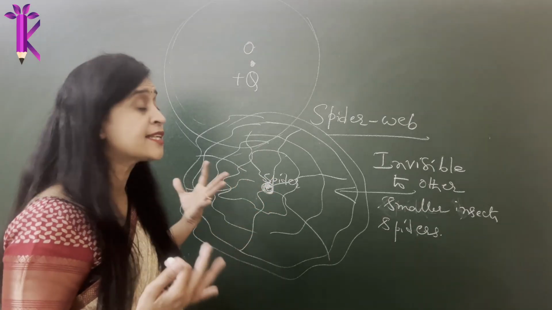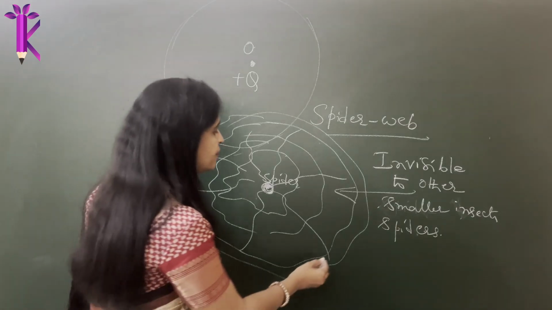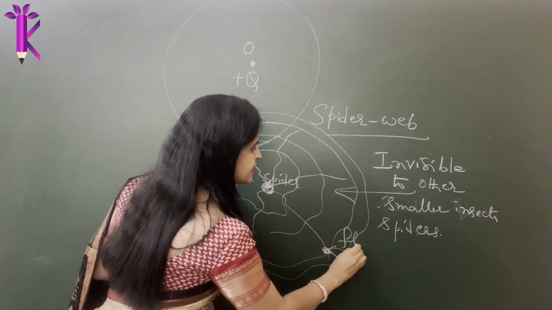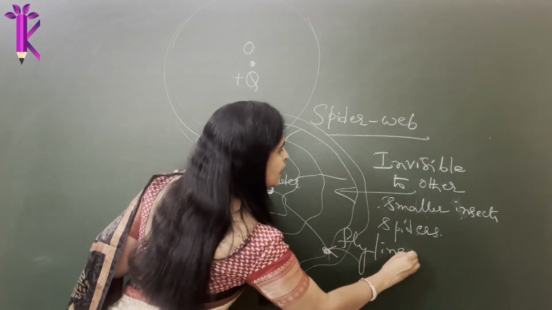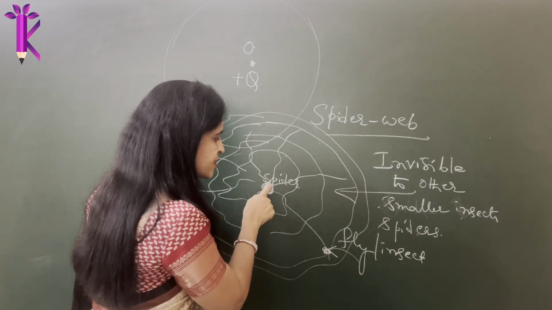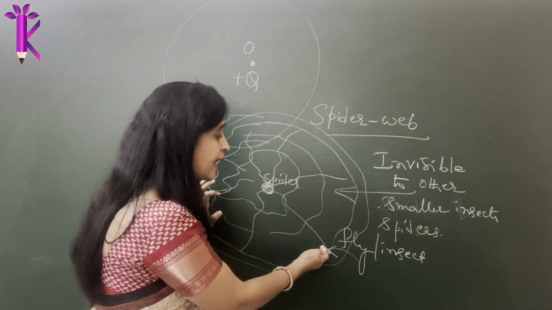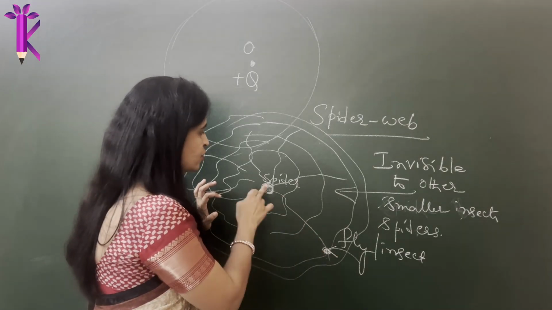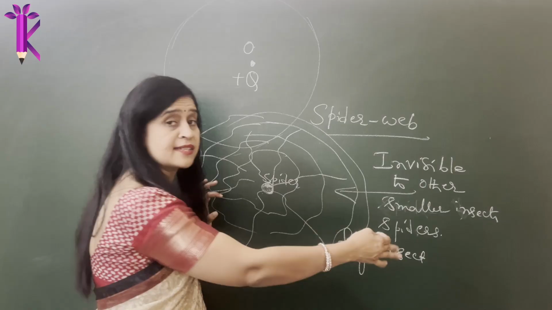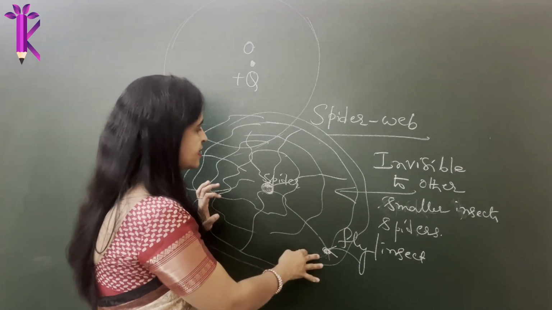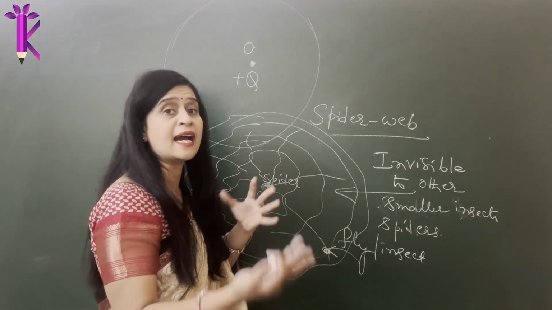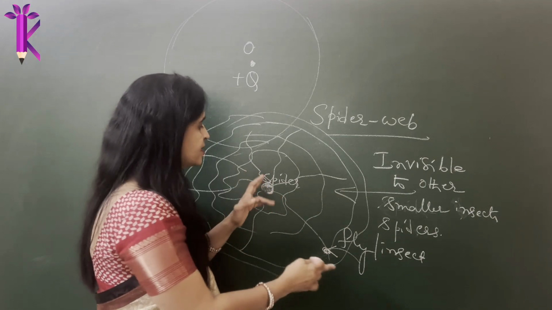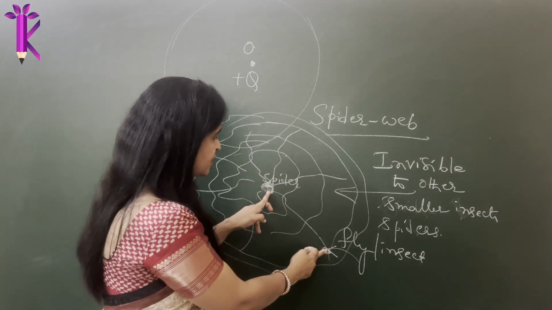Now, when will they experience the pull or push by the spider? Only when another insect comes and sits somewhere here. Accidentally, if another fly or an insect comes and sits here, what will happen? How will the spider sitting here know that another, unlike animal is sitting here? The spider belongs to a certain category, and the fly or insect belongs to a different category. So they are just like unlike charges, right? They are not the same in characteristics. It is as good as treating them as unlike charges in electrostatics.